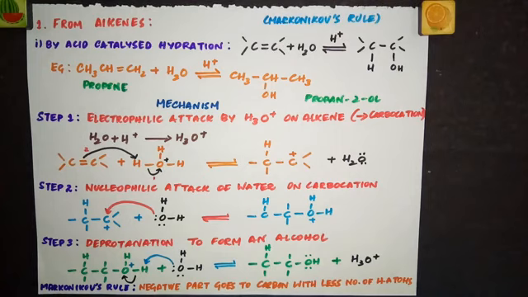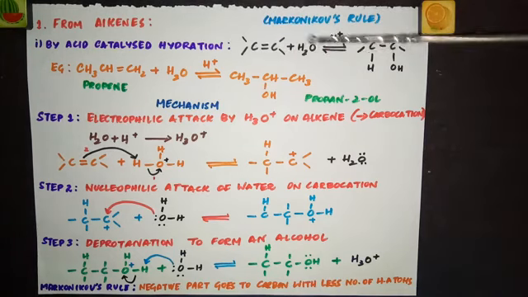And let's recall, what is Markovnikov's rule? The negative part of the addendum goes to the carbon with less number of hydrogen atoms. In this case, we don't know how many hydrogens are here, so no problem, wherever H or OH goes. You can add H here and OH here.